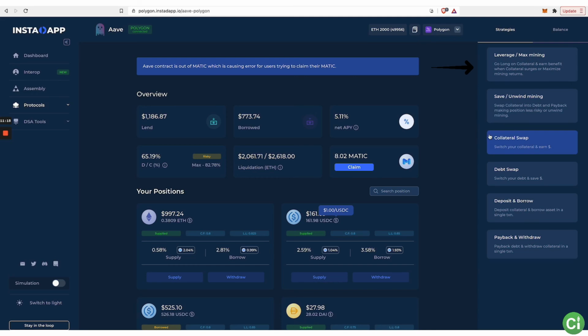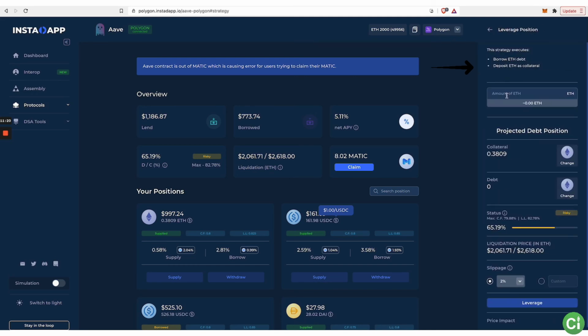So one thing that you would do is called leverage, okay? And this is for strategy number one. You would put ETH as the collateral, and the debt, you would either choose DAI or USDC. Then you put in the amount of DAI that it tells you on the coin calculator. We're going to get to that next. But the amount that it tells you, you put in here, and then it would borrow DAI as debt and supply it as ETH collateral, because it will swap it in the middle, right? So it's borrowing DAI as debt, swapping for ETH, depositing ETH as collateral, right? So you would do that for buying.